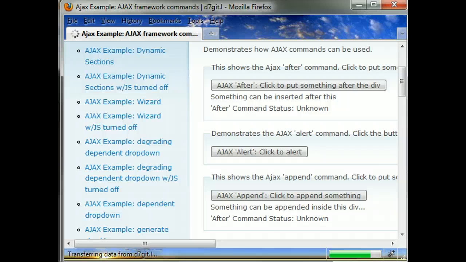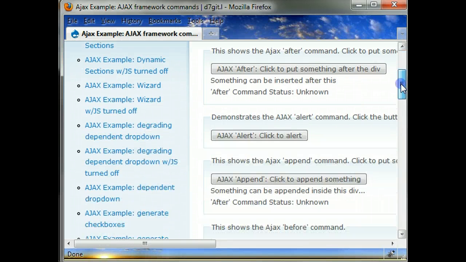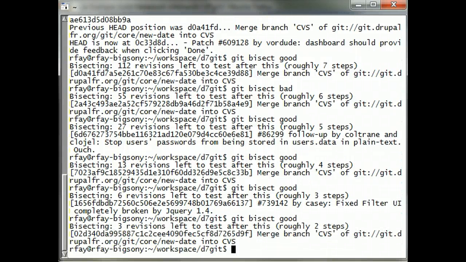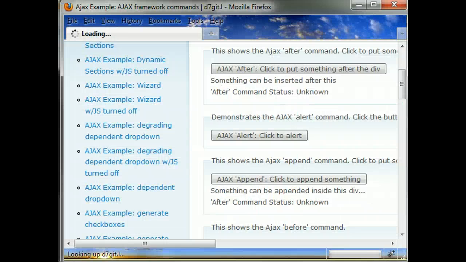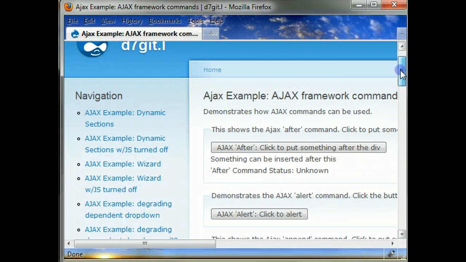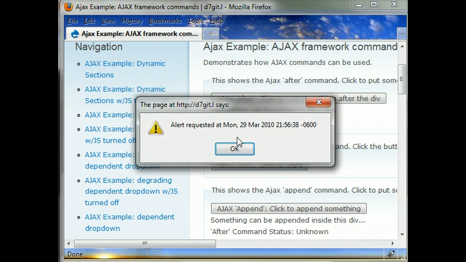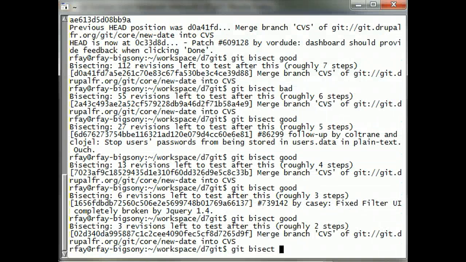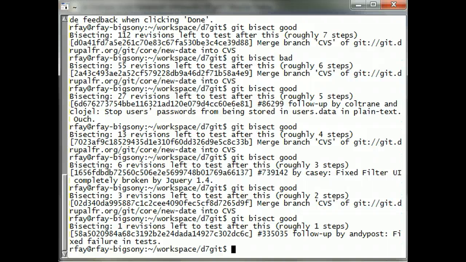I'm going to refresh. I'm going to push the button. It's good. I'm going to say git bisect good. It says I've only got 3 revisions left to test. I'm going to refresh the page, click the alert button, it's good. I'm going to say git bisect good, go back to my page,